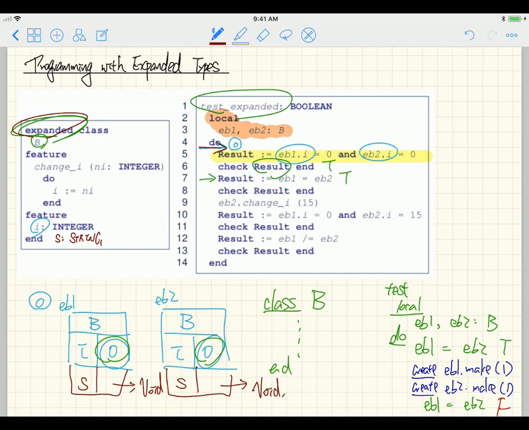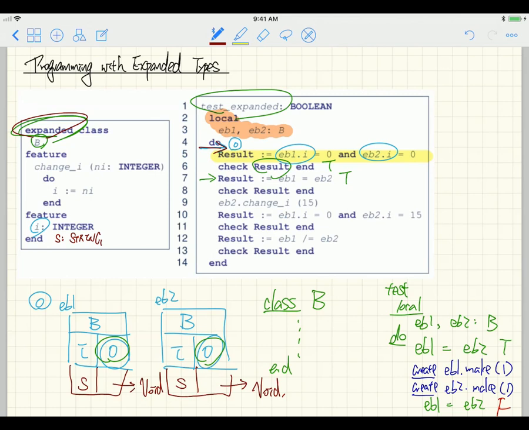Okay, so basically what the runtime would do is simply give you the default values for every attribute. If the attribute is a reference type, just give it void. If it's an integer, give it 0. If it's a Boolean, give it false, right? And now, does this violate the void safety principle, which we haven't talked about yet, but it's a very quick